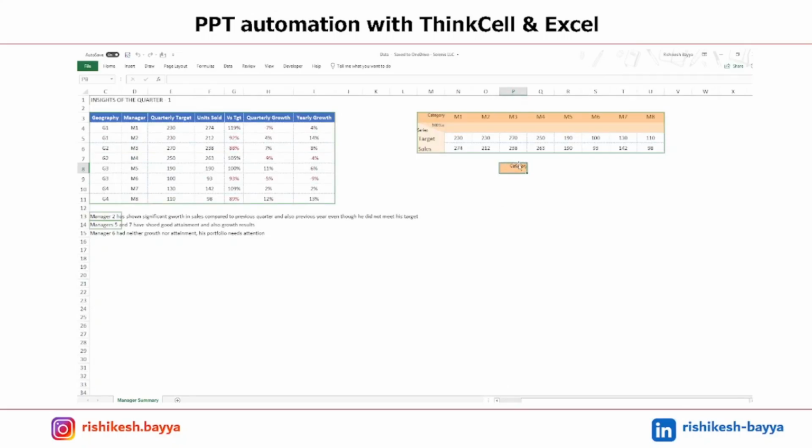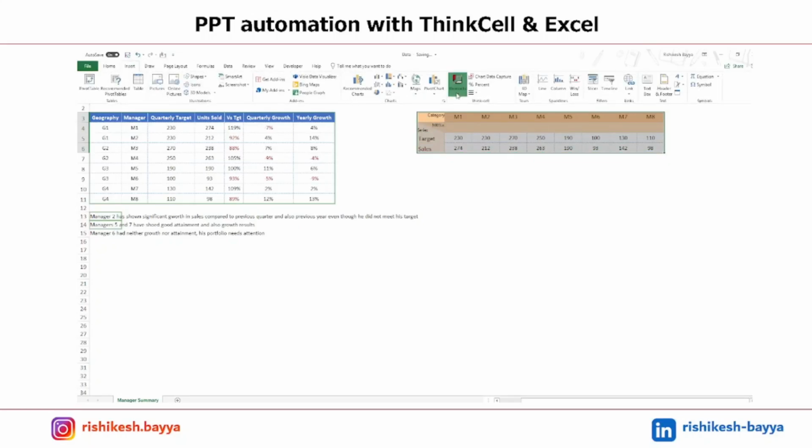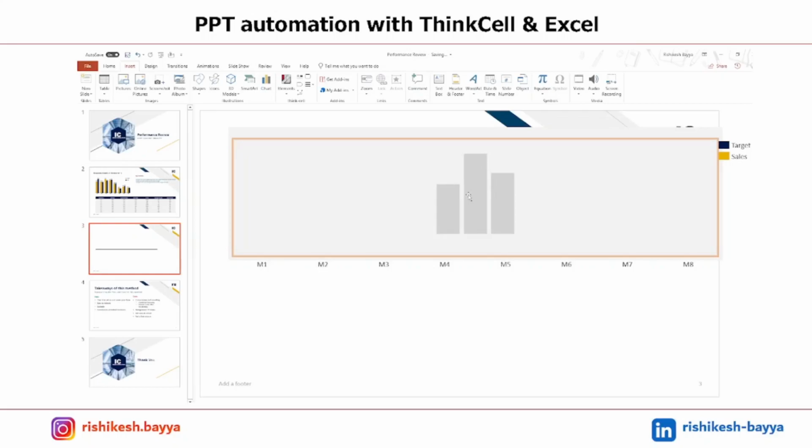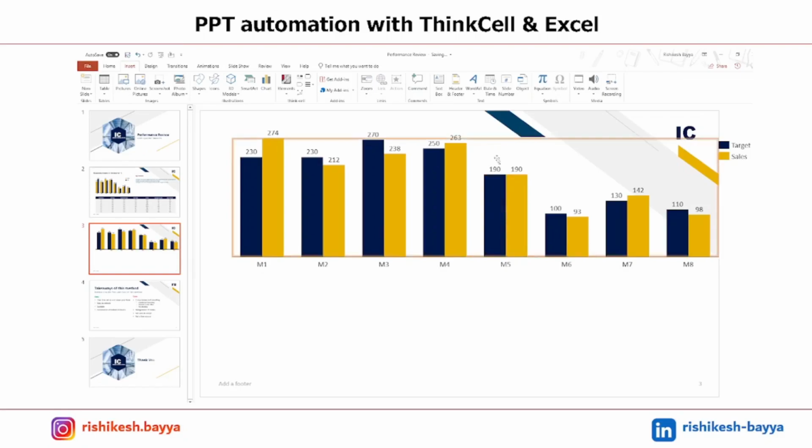Okay. Actually, what happened is, this referred to a different cell. Okay, let me do it again. For some reason the reference has gone up there. So let's do it again. I might have clicked on a, okay, link to an existing chart. I click on this. There you go. Now this is linked to the Excel in the backend.